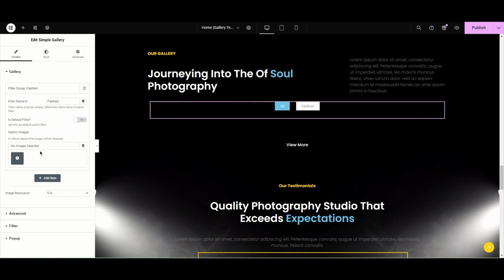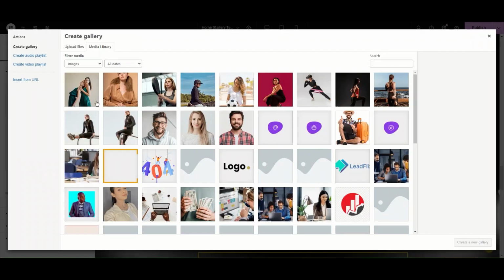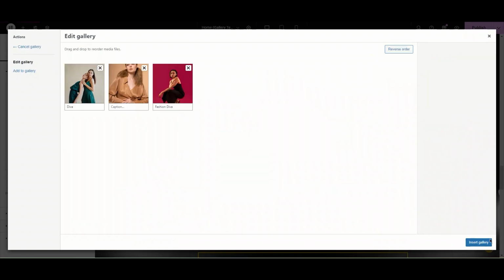Next we have this image option. Let's upload the image from the media library. Select. Here we have this title, caption and description option. You can change the title just like I'm writing here, fashion, and the caption, fashion diva. You can also write the image details in this description. Now let's change the other image title like this. Now click on create new gallery and upload. And look.